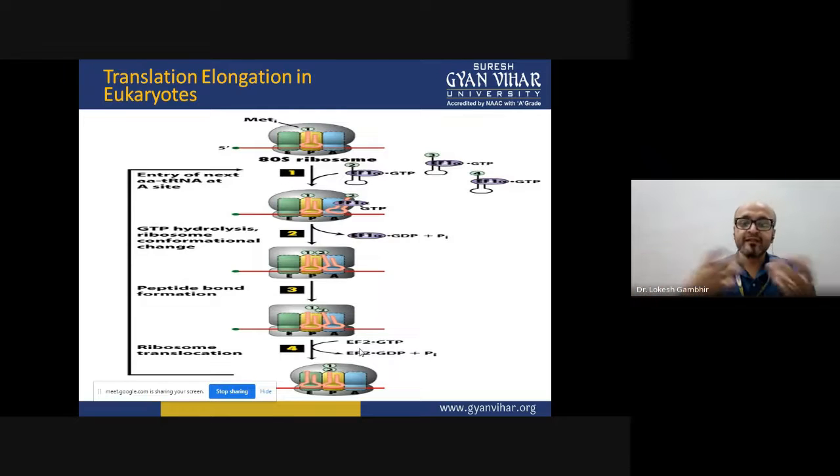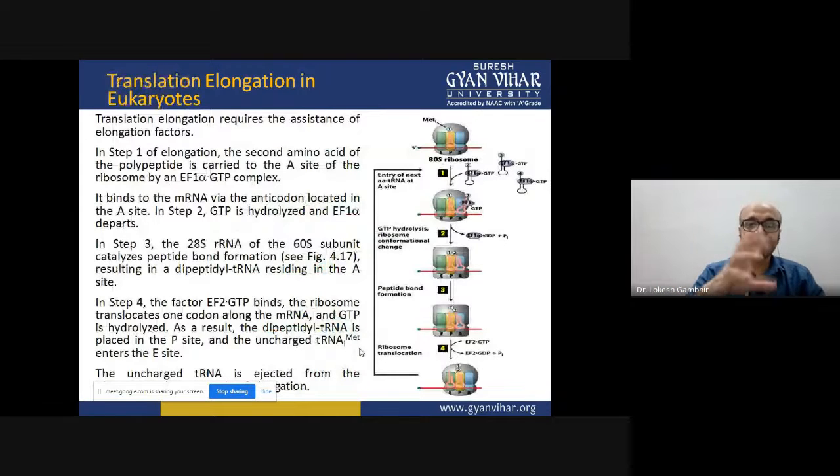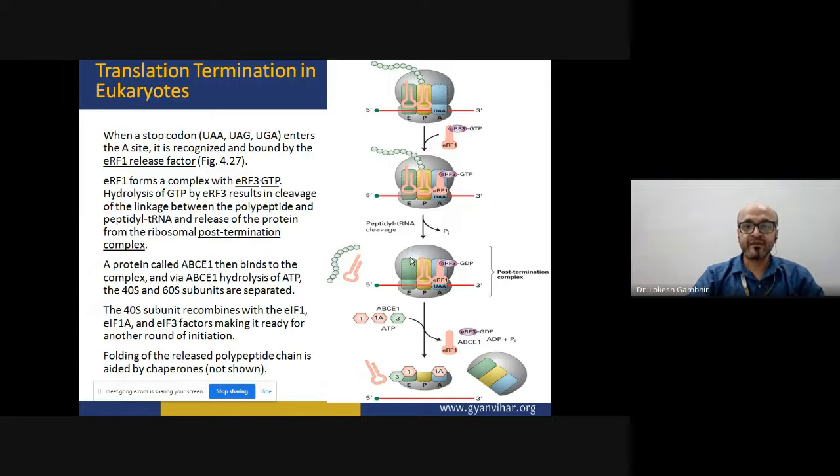So you see, that is the elongation process, and that is the role of the elongation factors. Once the cycle continues, a polypeptide chain keeps forming and the translocase keeps performing. So you see, as was the case in prokaryotes, in eukaryotes also, for the addition of one amino acid, there is an expenditure of two GTP molecules. That is how the complete elongation is brought about, and what we have discussed is completely narrated here.